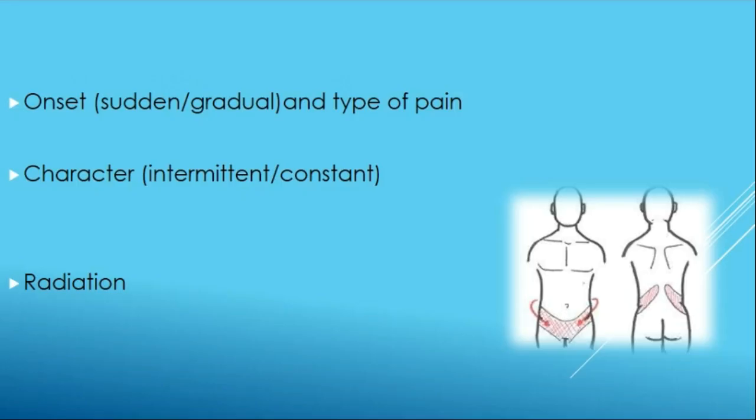If you are a very good history-taking person, you can ask, is it a sudden onset or gradual onset? Another thing is twisting: the twisted ovarian cyst, the twisting of the testis, that's testicular torsion. Those are sudden onset, right? So it's very important to know whether the pain is sudden or gradual onset.